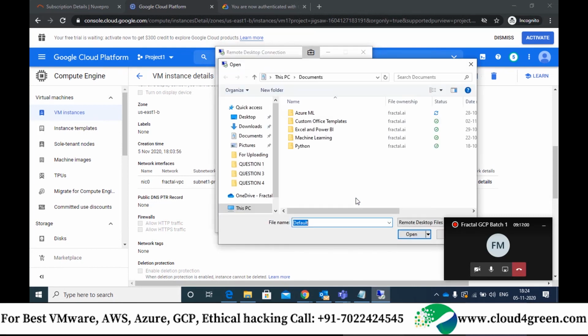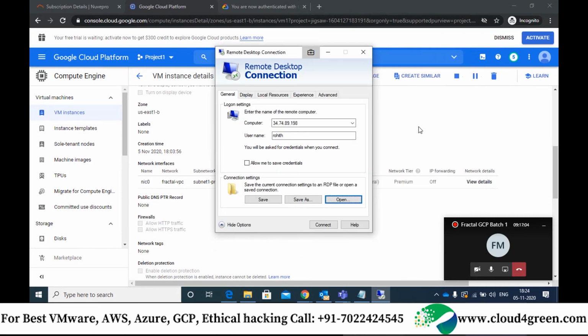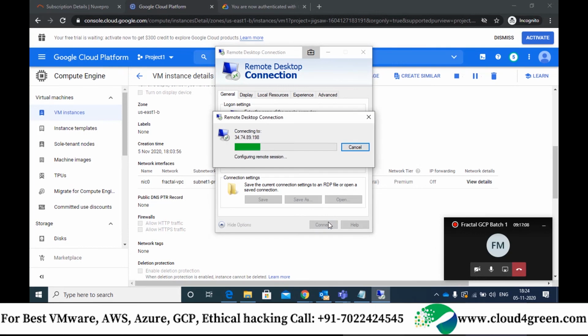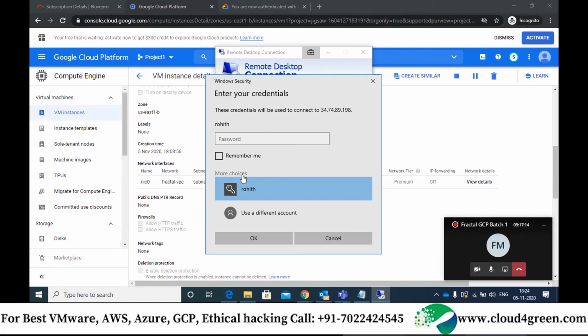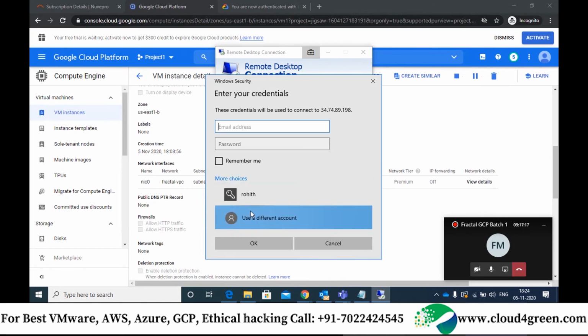Okay, cancel this. Click on connect, please. Can you click on more choices, please? Click on use a different account. Can you provide your name? Can you paste the password?